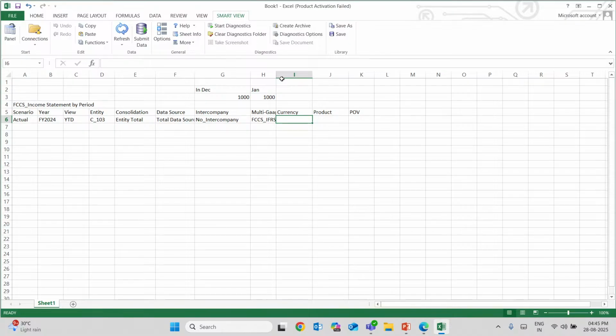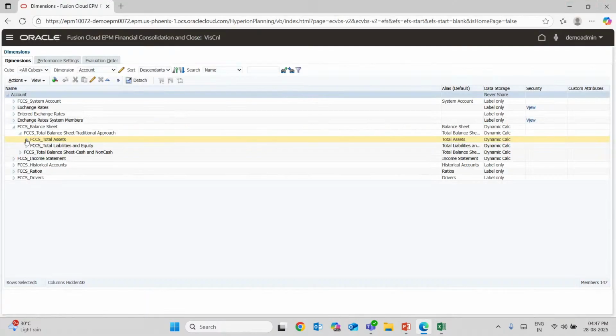If I go back to the application and show it in the account dimension, this is what I was talking about. If I choose FCCS_Balance_Sheet and go with the traditional one, see, this is what I'm talking about: the whole number of members selectable using the drop down, and obviously we can still search for the item from here. What is the use of